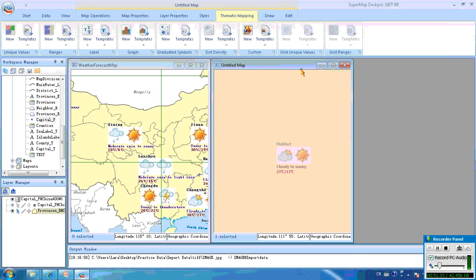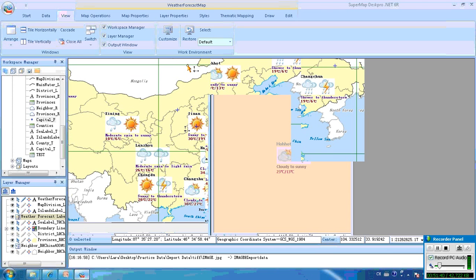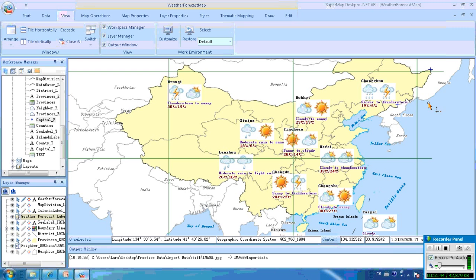Okay, now close the dialog. And open the prepared map. In the prepared map, you can find some other layers and some other symmetric layers. You can add these layers into the new map and then set the symmetrical layers by yourself. Okay, now